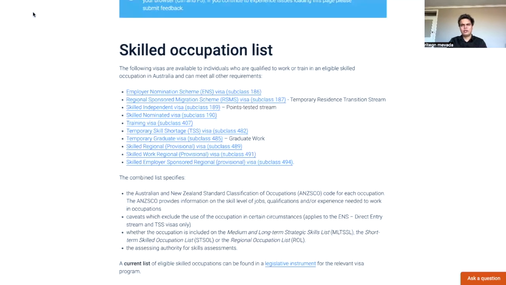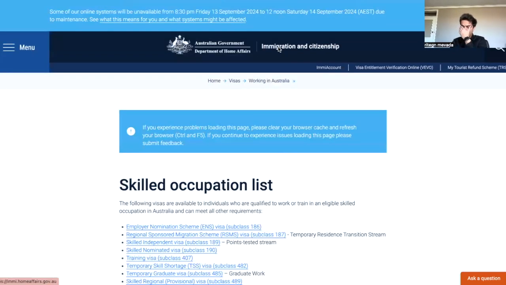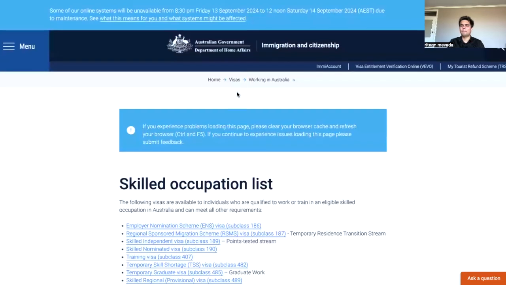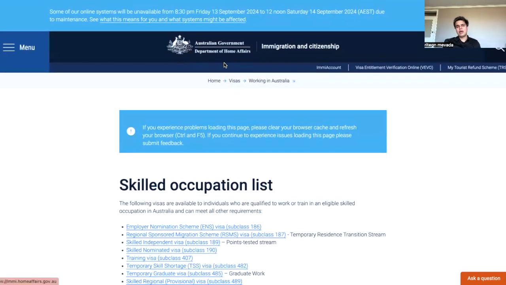First of all, I know there are many videos on YouTube regarding this, but no one has given such detailed information about where to find the visa options and where to go to get correct information regarding each subtype visa. Firstly, I will put this link below. When you open the immigration and citizenship website,